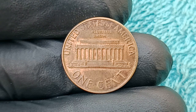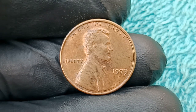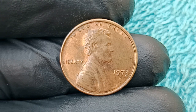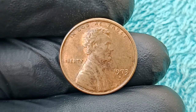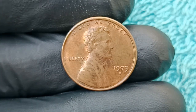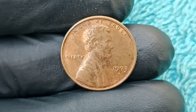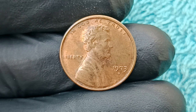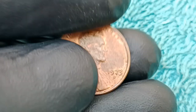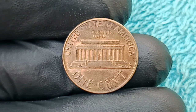rotational misalignment, which when combined with the rare alloy and an unconfirmed yet possible over-punched mintmark, RPM, or repunched mintmark, where the D was mistakenly struck over an S or another D, resulted in a multi-error hybrid coin that defied classification under standard mint error categories, creating something so spectacularly unique that only one example has been confirmed to exist as of today. It wasn't until a retired metallurgist and hobby coin collector from Texas acquired the coin in an